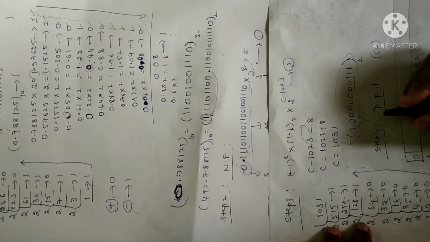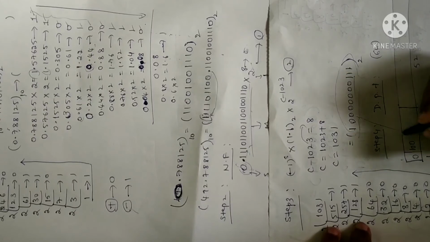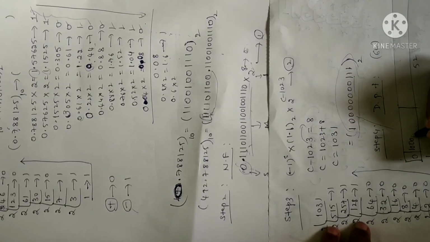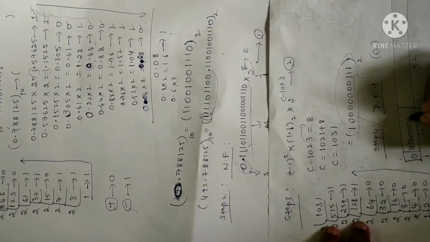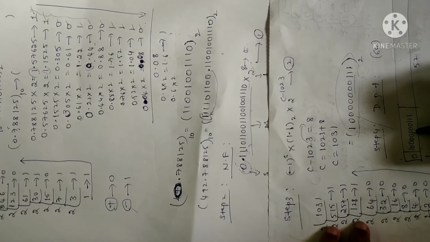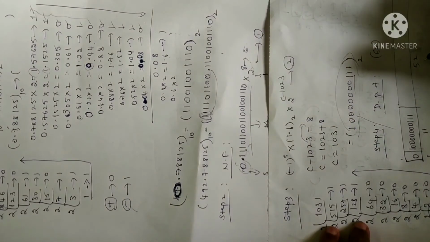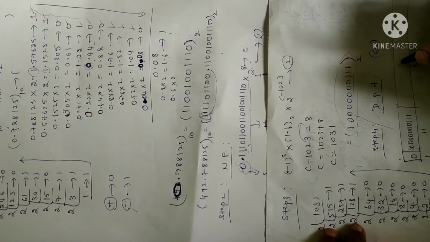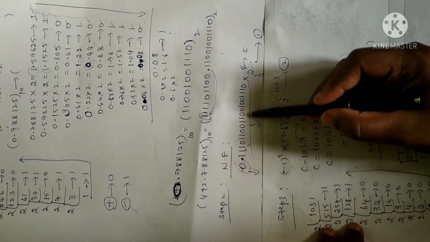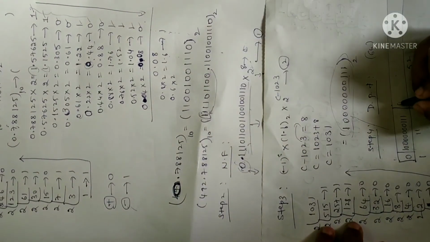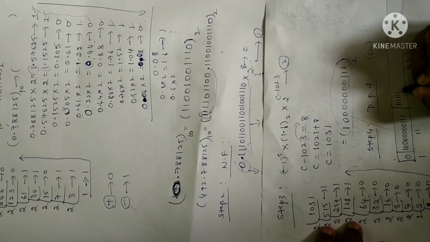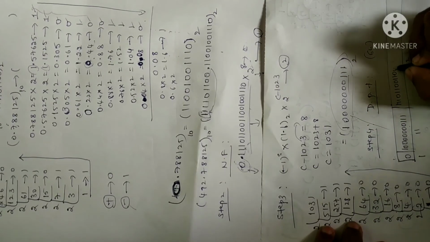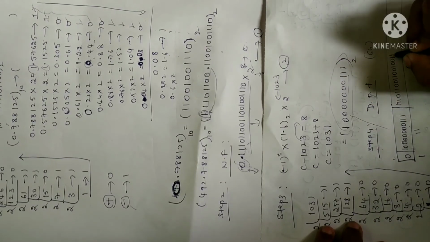Clear? So 0 here. Now you have to write this value here: 7 zeros followed by 3 ones. Next, this place you have to fill with the mantissa. So this value is called the mantissa. You just write down the mantissa value: 111 0 11 00 11 00 100 111 0.